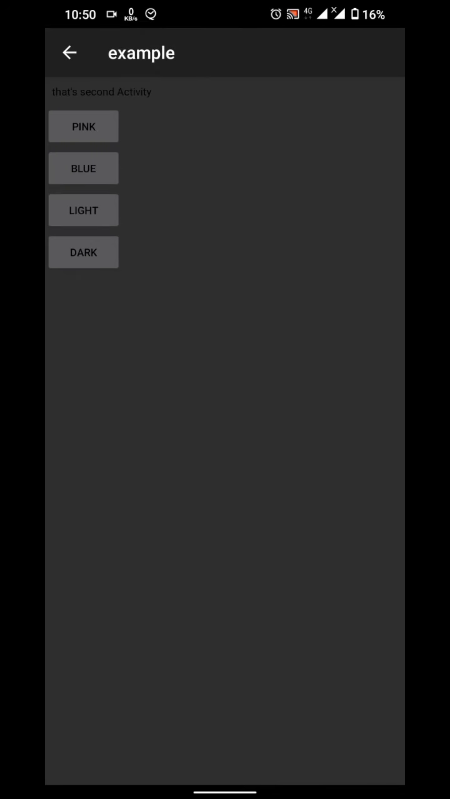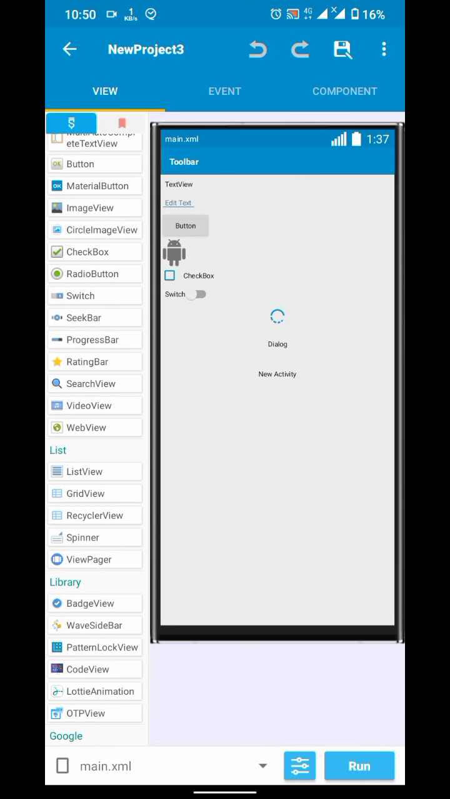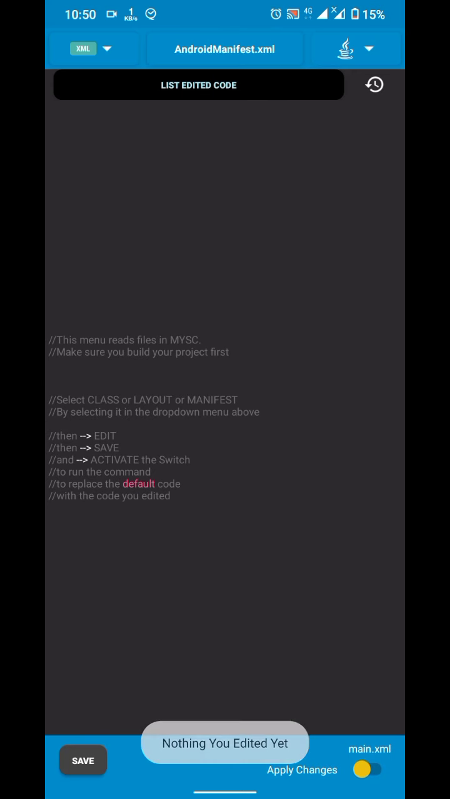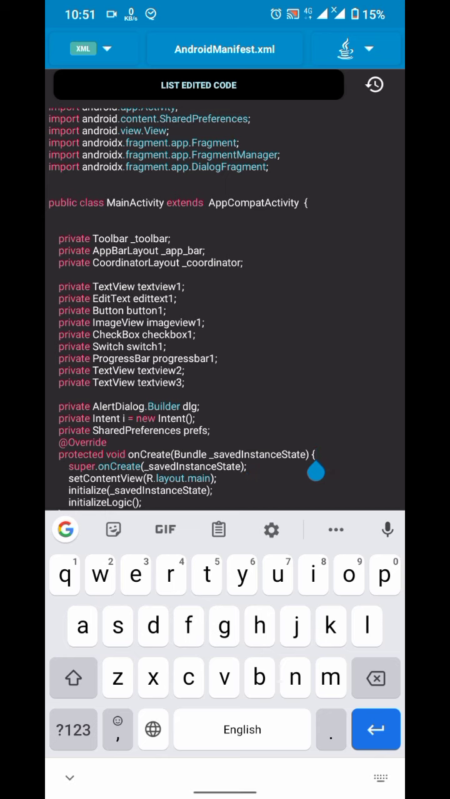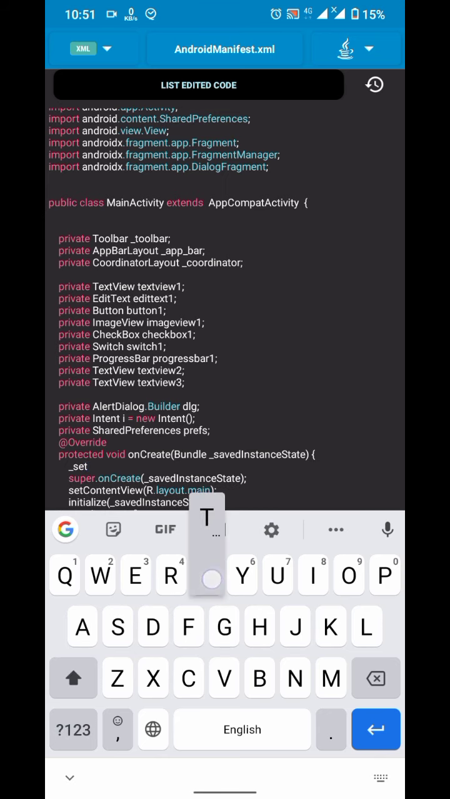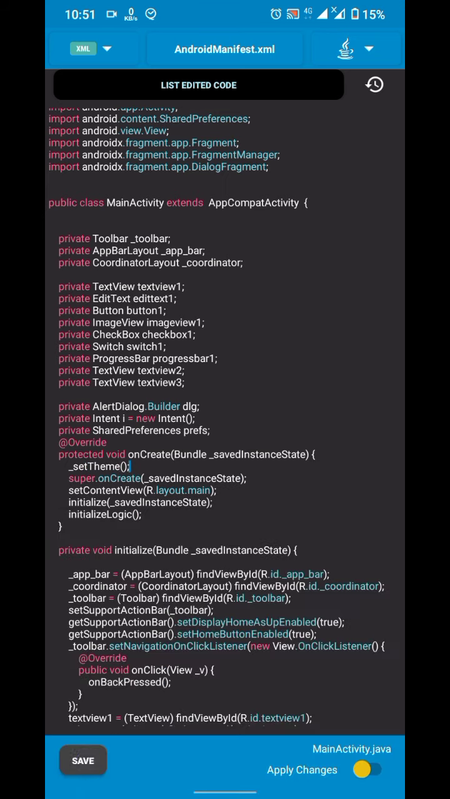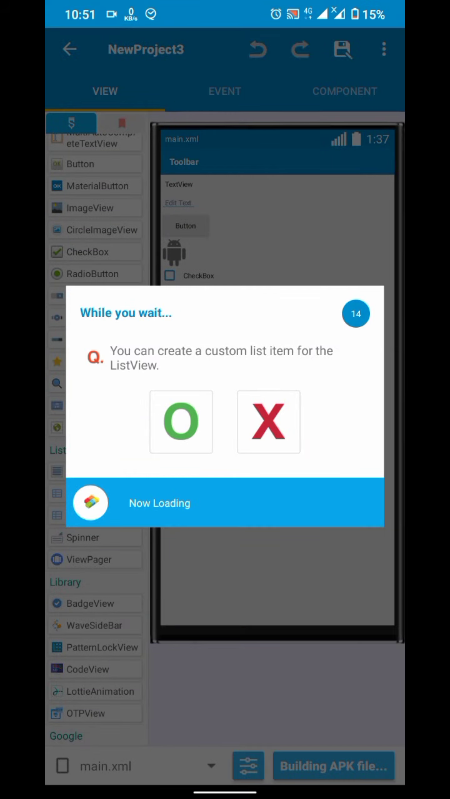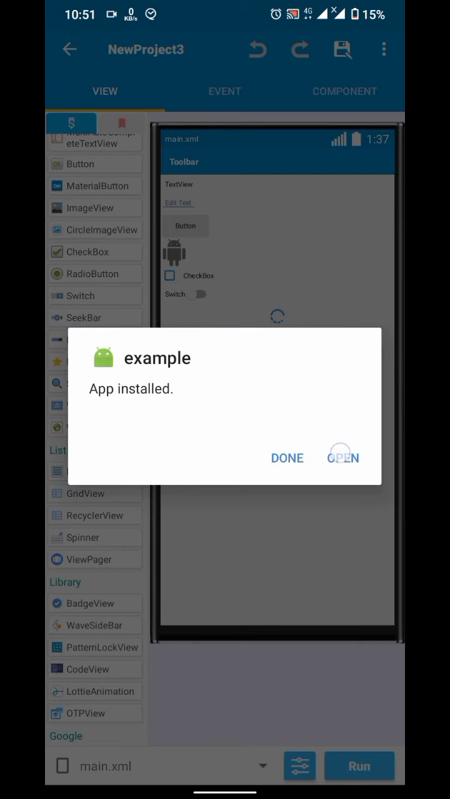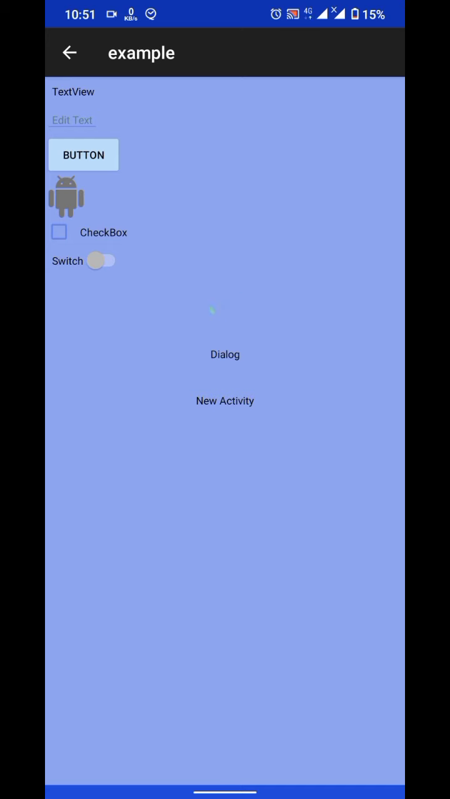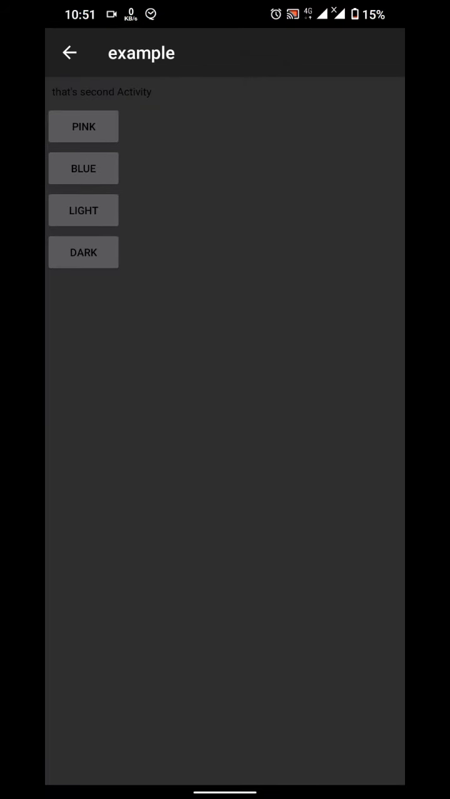Then again I will open Sketchware. Go to the direct source code editor. In my main activity at onCreate before super, I will call my block set theme, which actually sets the theme depending on my choice. So it wasn't difficult though, but